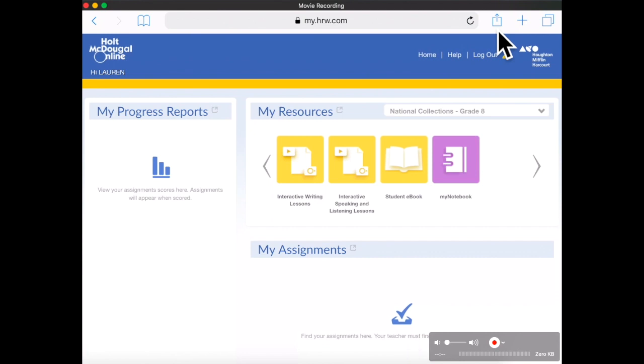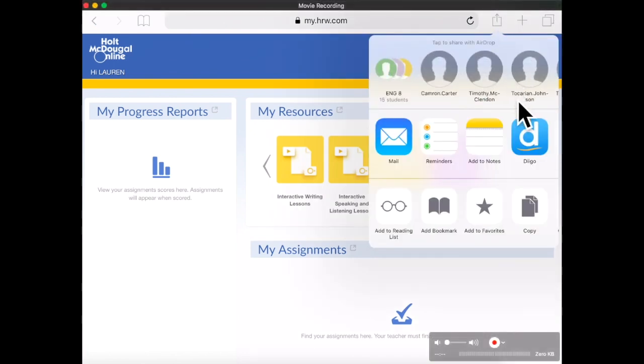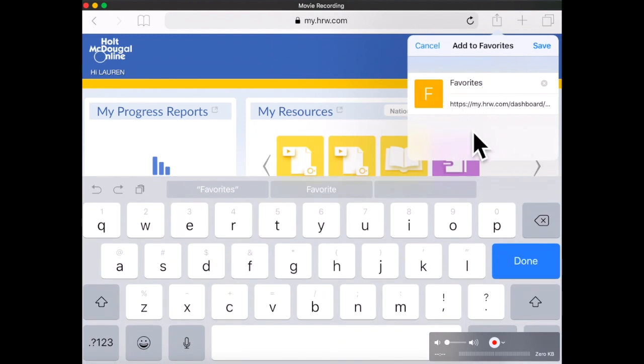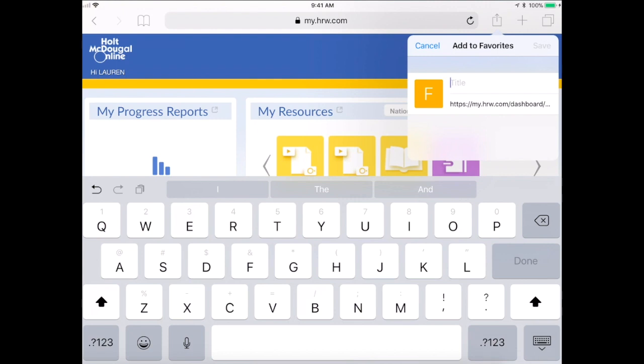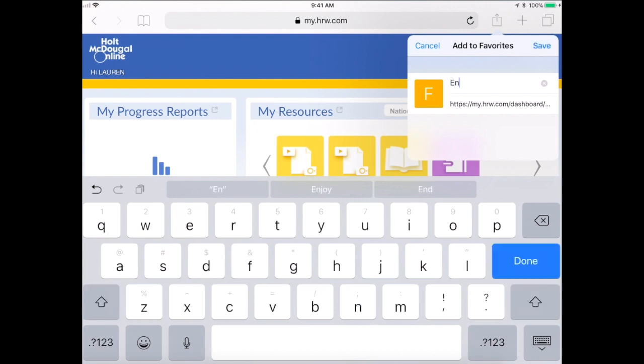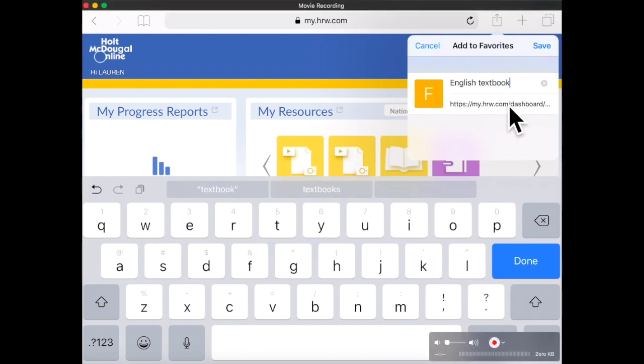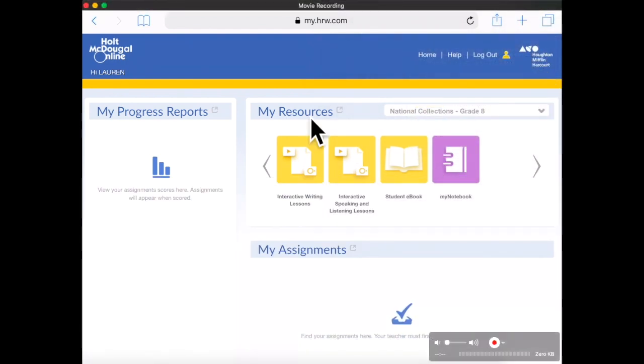Once you have logged in successfully, it should look like this page, and you can hit the export or the share button to make this page a favorite, which can make it easier to access in the future. So you just hit that share button and click add as a favorite or as a bookmark, and you can rename it something like English textbook, so that after you've done that, the student would just have to click on the open book icon on the left hand side and go directly to the site if they can't remember the